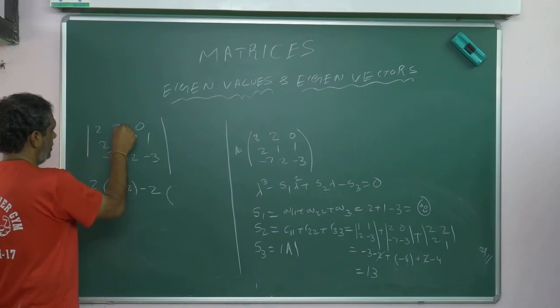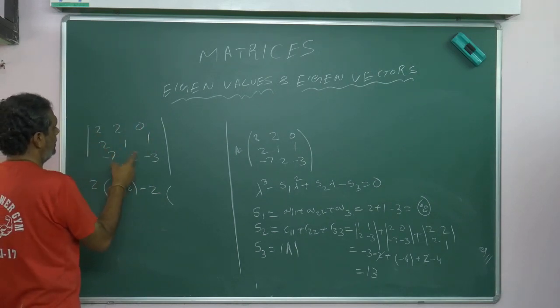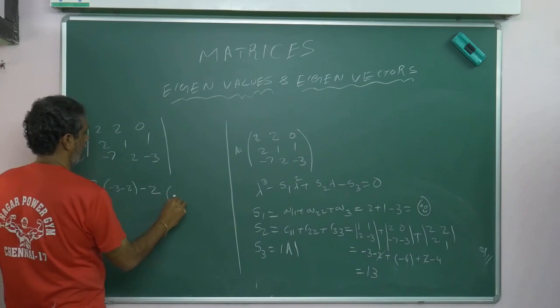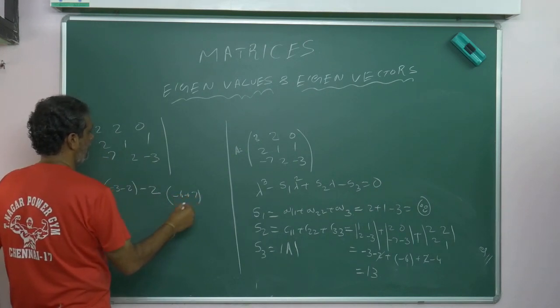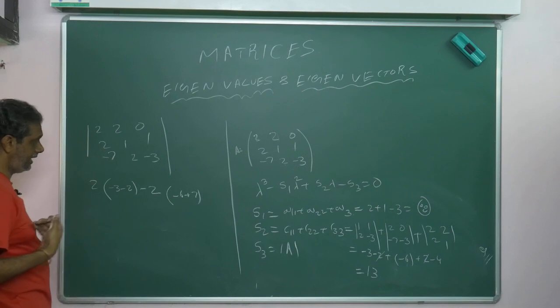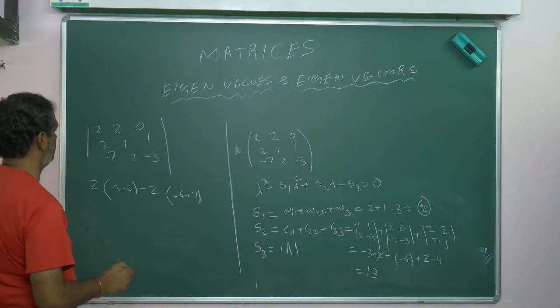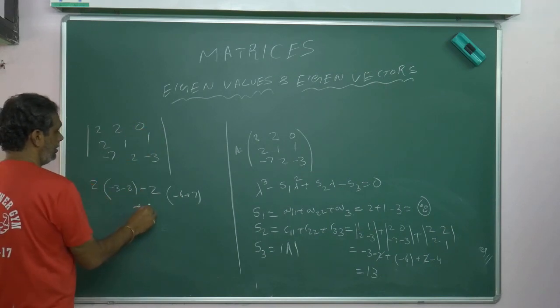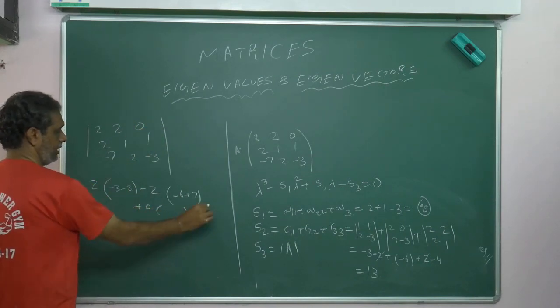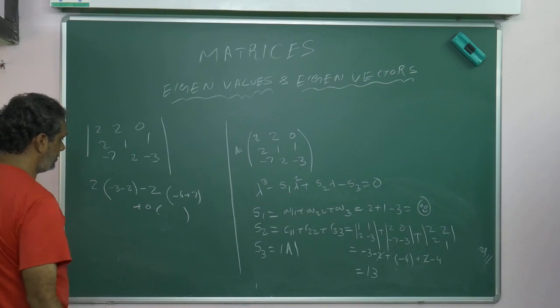Leave this. No, leave this. Minus 6 plus 7. See how many different matrices you get and how many mistakes you make. I myself will make lots of small plus-minus mistakes. Then 0 into anything is waste. I don't want to take this. 0 into 10 lakhs is also waste.